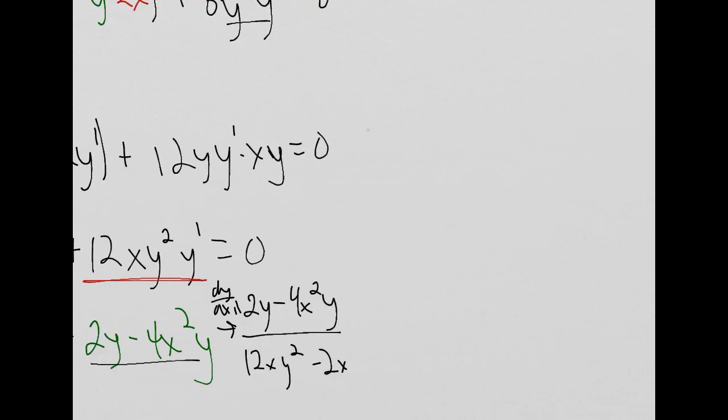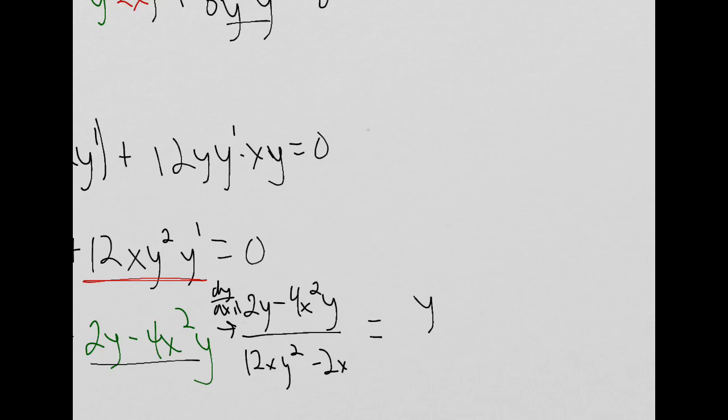Now, as we look at that, I see the factor of 2 everywhere. What I mean by that is I've got a 2, I've got a 4, a 12, which is divisible by 2, and a negative 2 there. So each of those numbers is divisible by 2, so you can think about it as if I multiply the top of the fraction and the bottom of the fraction both by 1/2. So it'd be 1/2 over 1/2 that I'm multiplying the entire fraction by. That gives me